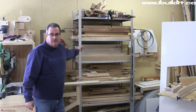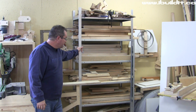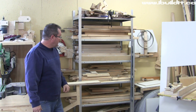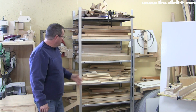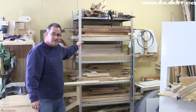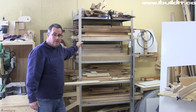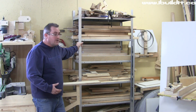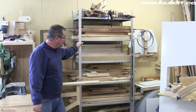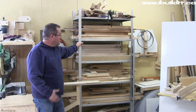First thing I want to show is an earlier project from last year. One of the first ones I put on the site. It's a wood rack made out of steel. It's fairly deep, about 16 inches deep, and about 36 inches long. And as you can see, it holds a lot of wood. Not longer pieces, but shorter off-cut pieces, stuff that I use a lot of smaller pieces, so this is very